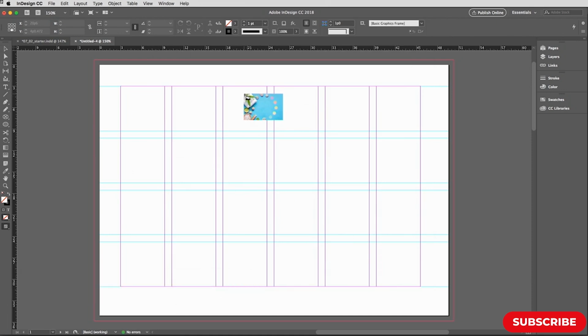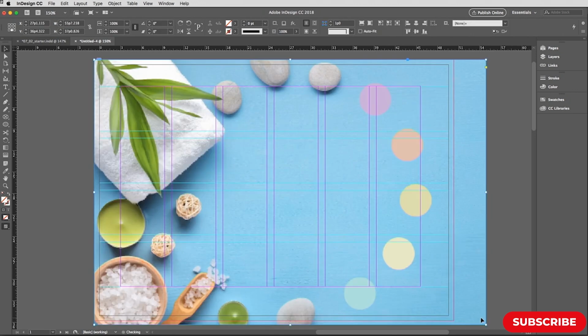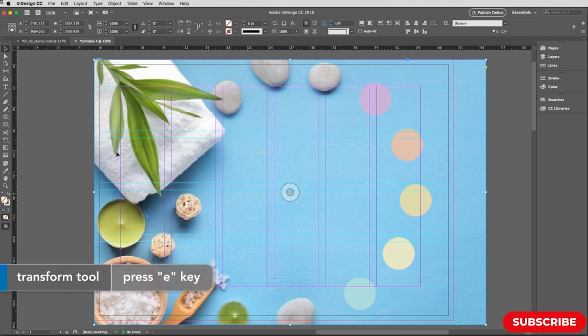Now because this is going to bleed off of the edges of the pages and be trimmed away, what we need to do this time is to go up to the top corner of the bleed like so, and then mouse down and drag. Don't just click because it's a really big image and it'll end up way too big. Drag until you've got it more or less aligned to the bleed at the bottom, and you can always adjust that afterwards. In fact, we'll be doing something with the fit of other images in a couple of movies' time. We can resize this one, however. What we're going to do is tap E on our keyboard